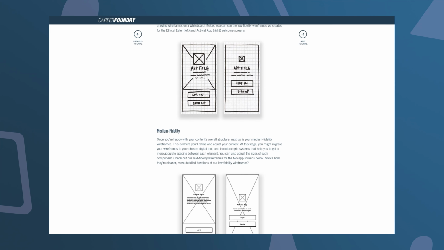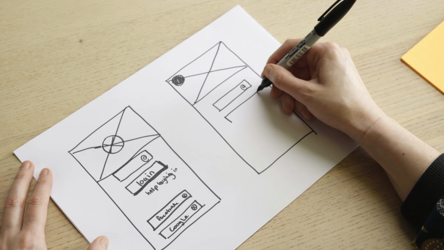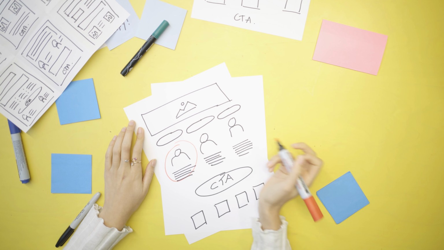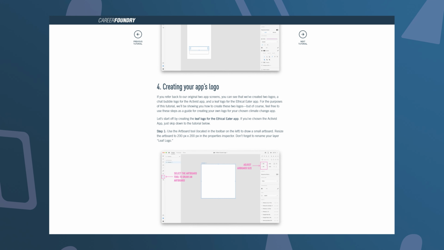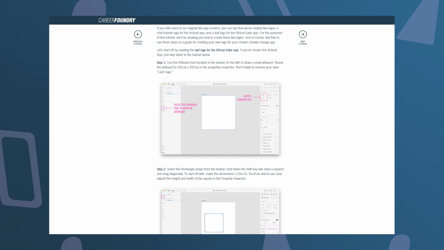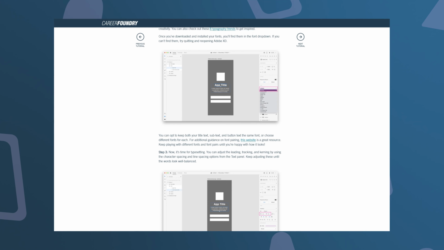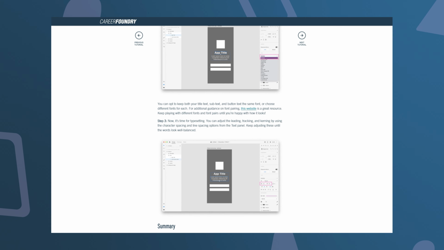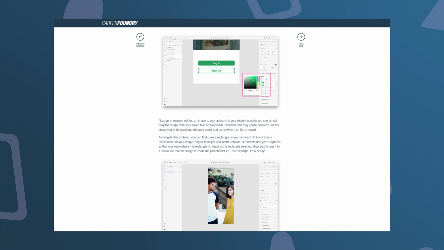In video number 2, you'll learn about UI elements and you'll make your first wireframe for your app design. Don't worry if you don't know what that means yet. We're gonna cover that. In video number 3, you'll learn about components and shapes. You'll be creating your first button as well as the logo for your app. In video number 4, it's all about text and typography. You'll choose the font and copy for your app's tagline. And finally, in the 5th video, you're gonna bring your app to life with colors and imagery. You'll also learn how to export and share your work.